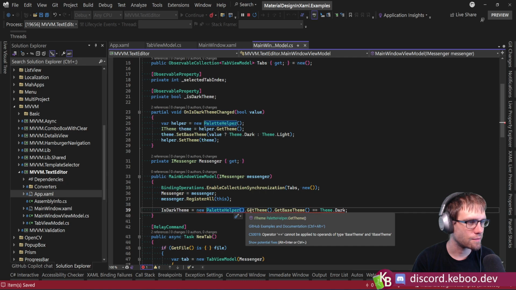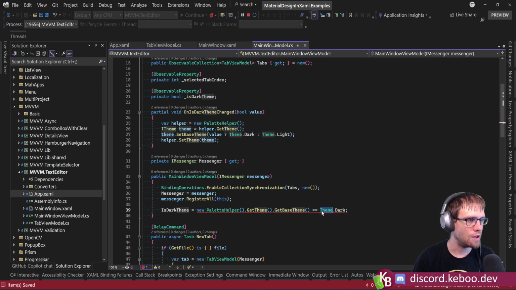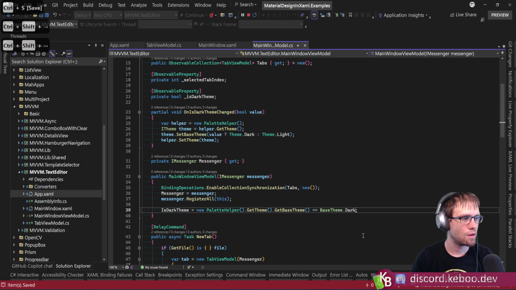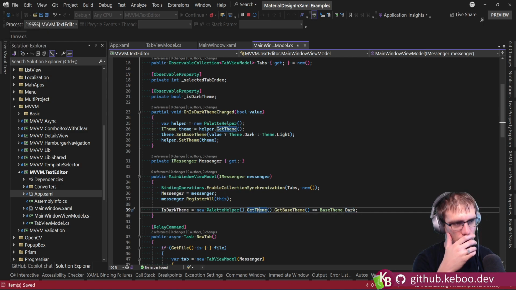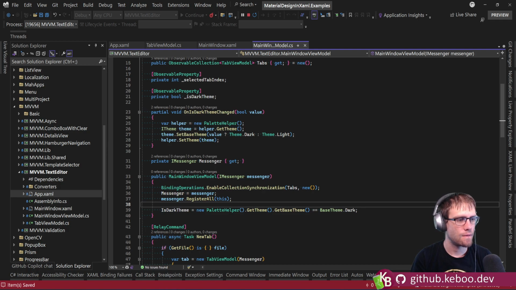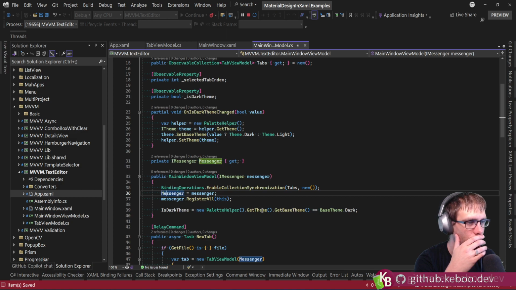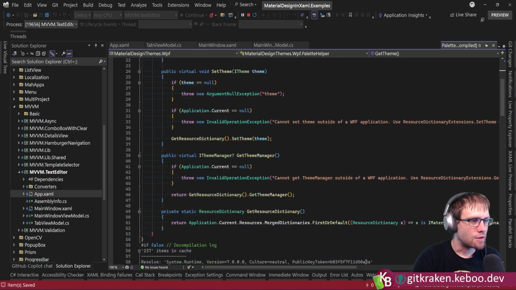Oh, base theme's an enum. There's that. But I thought there was a cleaner way. We might just open up the library, because I can't remember. Oh, but it's going to be the old one. That's the problem, is I am on master, not on